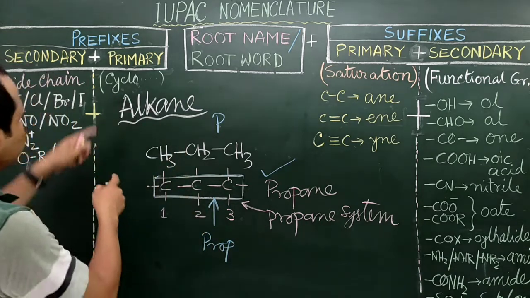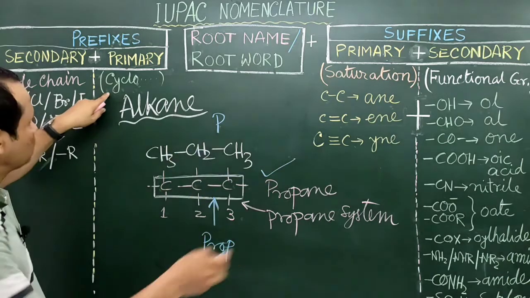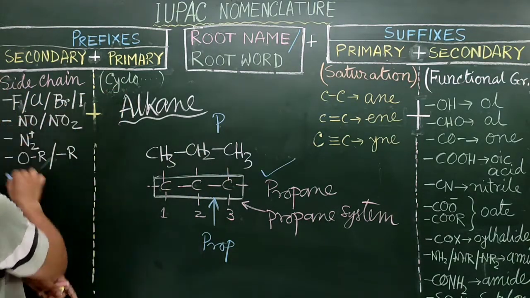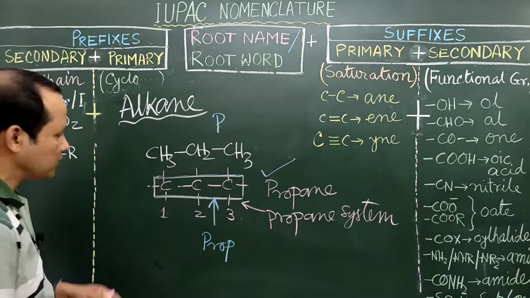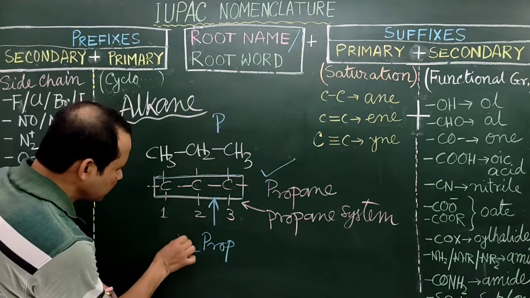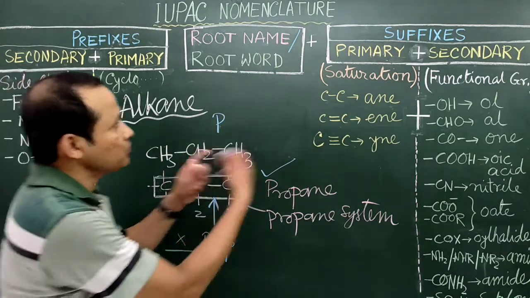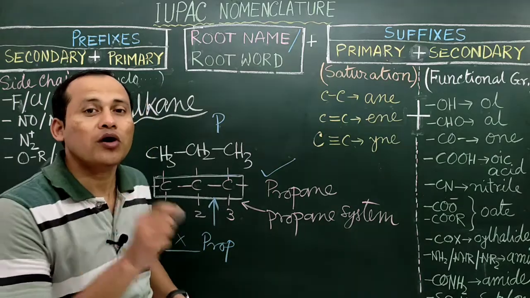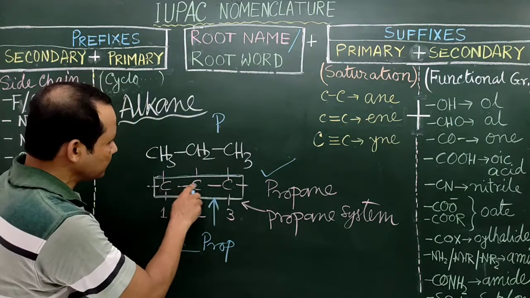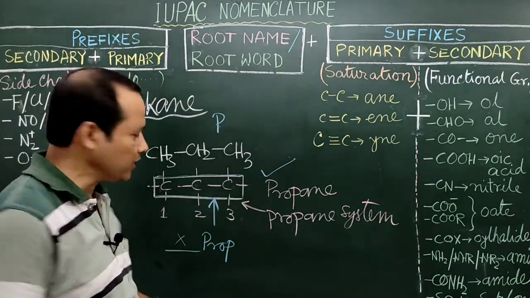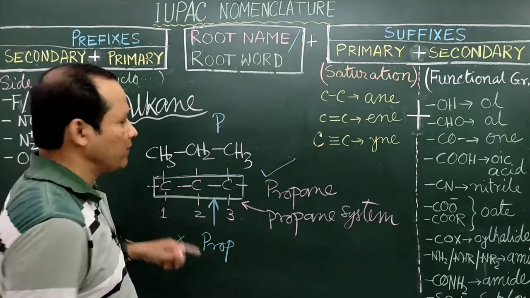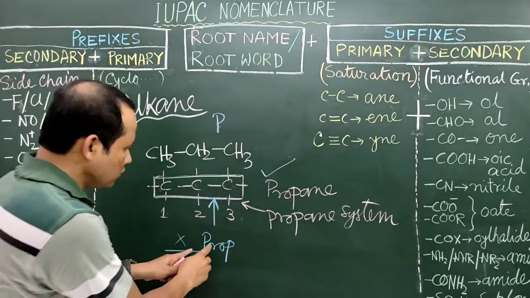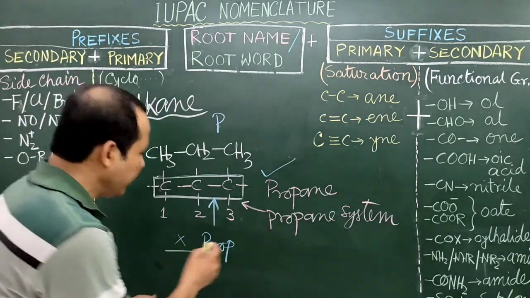Now come to this. Is it a cyclic compound? No. So nothing will be there from this. Is there anything from this portion? Nothing is there. So in this portion nothing will be there. Now come to the suffix portion. Is it saturated or unsaturated? Now it is clear that no double or triple bond is there. So this is a saturated compound. For saturated, the term "ane" will be added. So after prop, the term "ane"